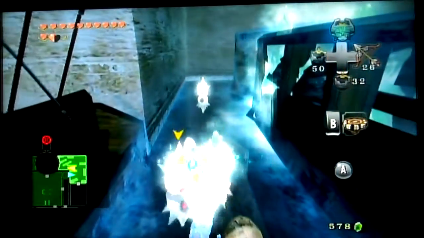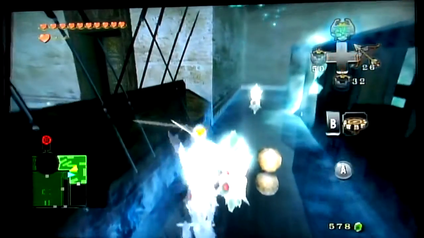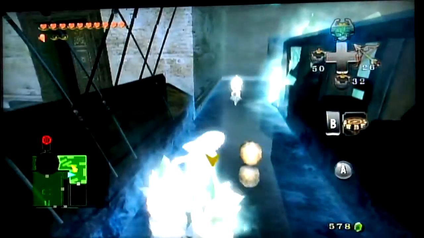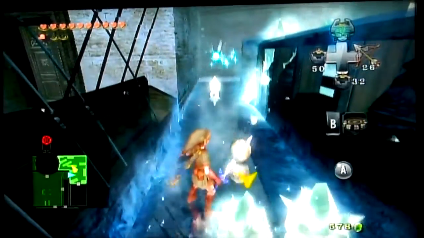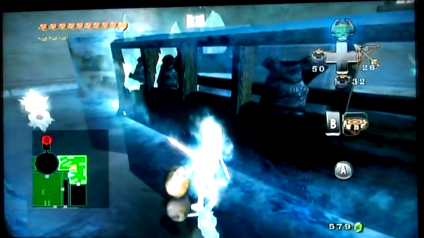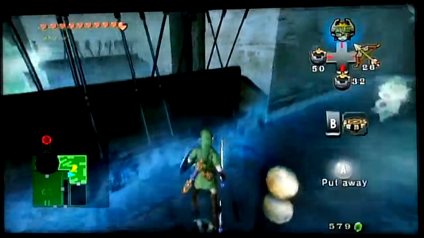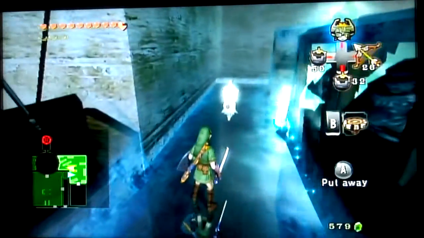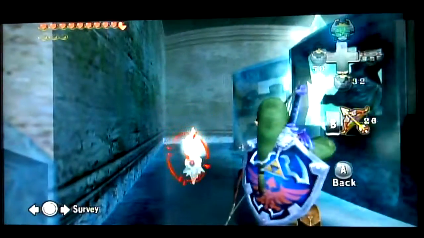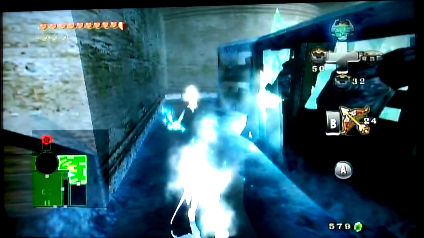Throw and kill! No, that doesn't work. Mortal draw! That sucked. Mortal draw! That is not working! Come on, really, Link? Well, I guess the arrow's all I have now. I swear, if you freaking press A one more time when you're trying to use an item, I'm just going to...